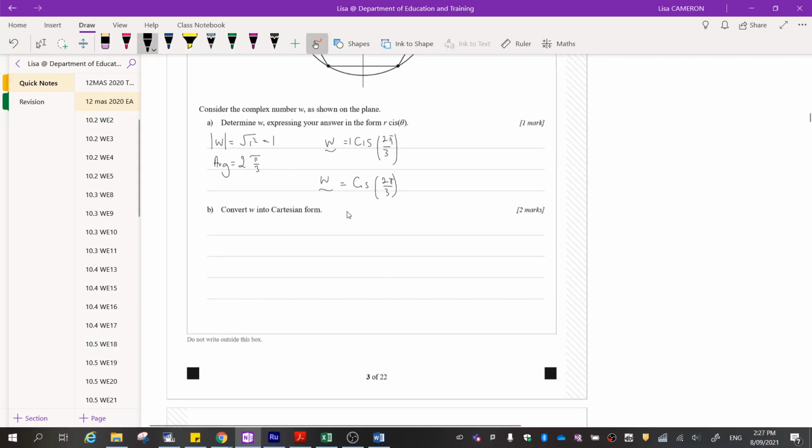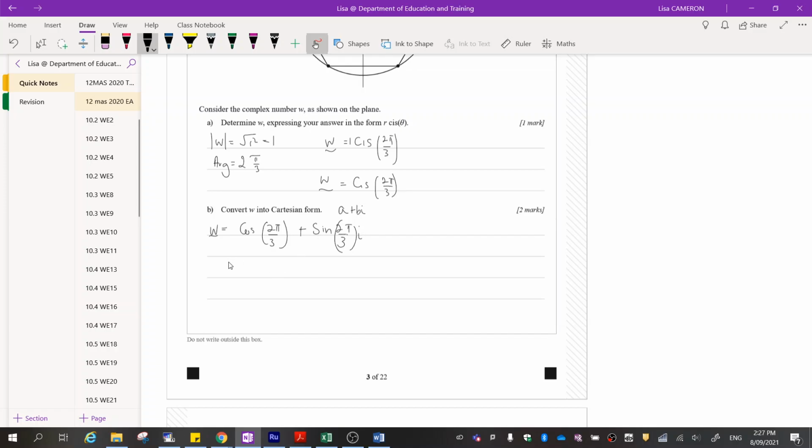Now, when we convert into Cartesian form, it means that we're looking to get it in the form a plus bi. So it'll have the real and the imaginary component. That way we could plot it on a Cartesian plane or the Argand plane. So all I have to do is break our polar form from the top, the r cis theta, into its cos and sine. Now, the hint to remembering that is in the word, because cis starts with cos. So w is equal to cos 2 pi on 3, brackets, plus sine 2 pi on 3,